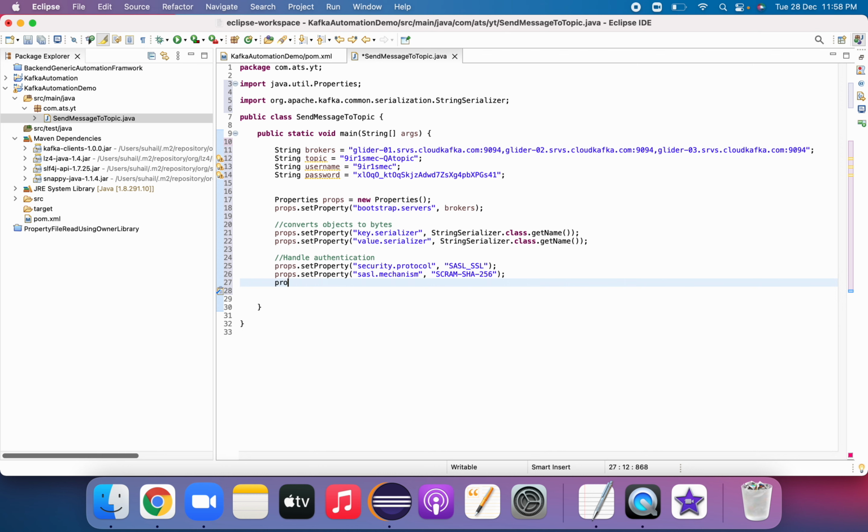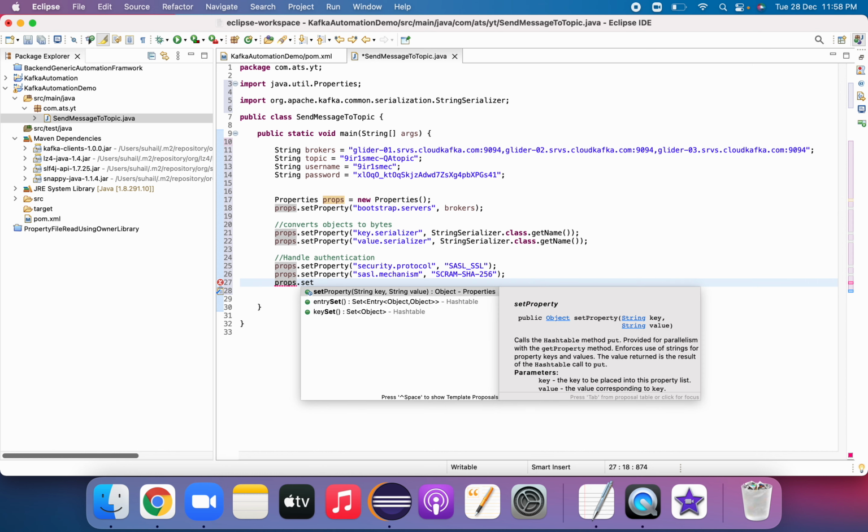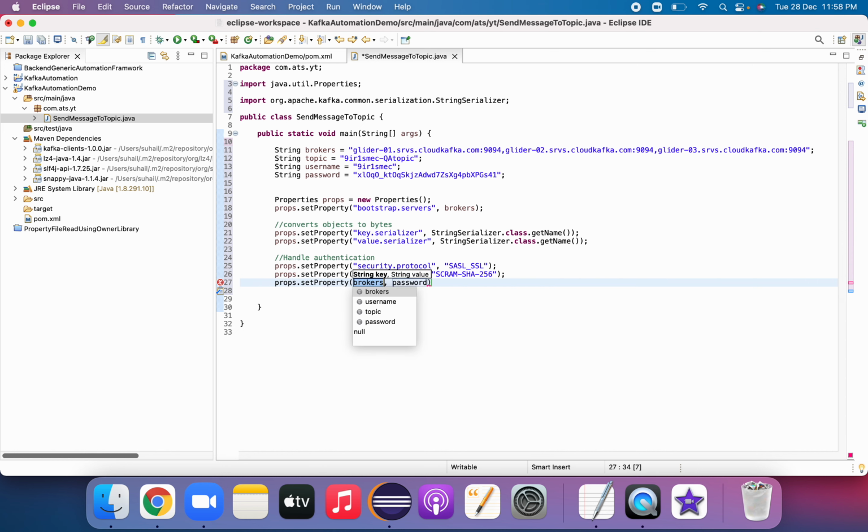Another important property we have to set; once we set that, our authentication handling part will be completed. That property is for the Java Authentication and Authorization Service we are using, and its property is sasl.jaas.config. This service requires that we set a configuration using our username and password.